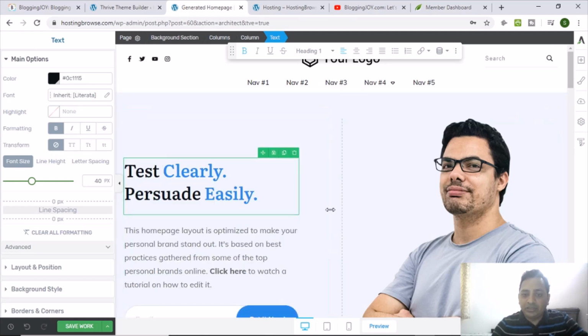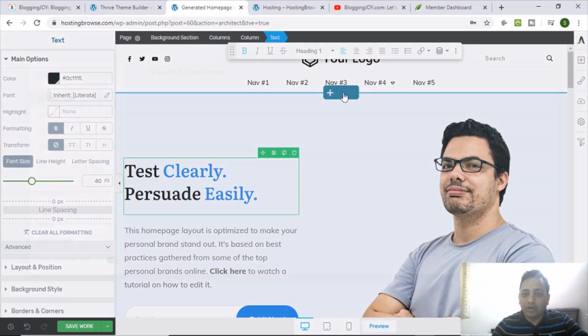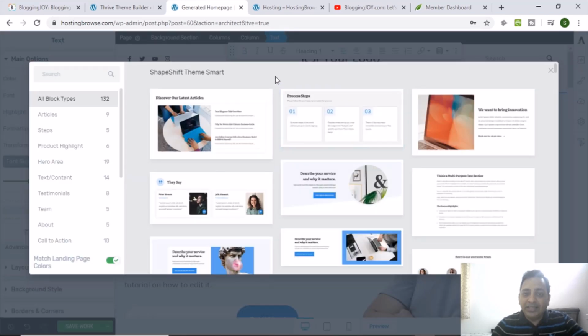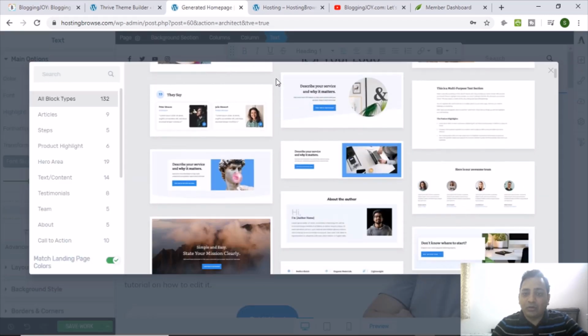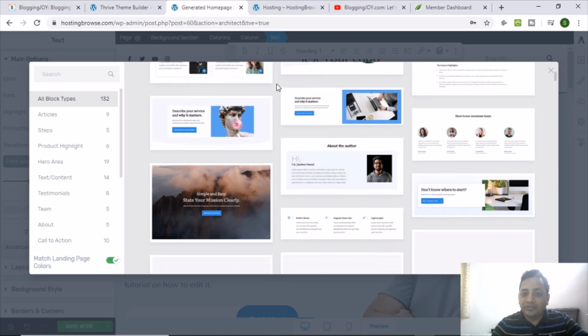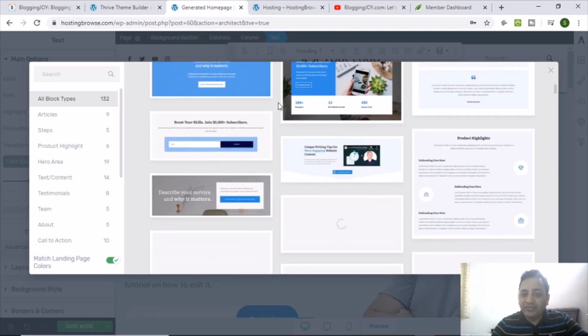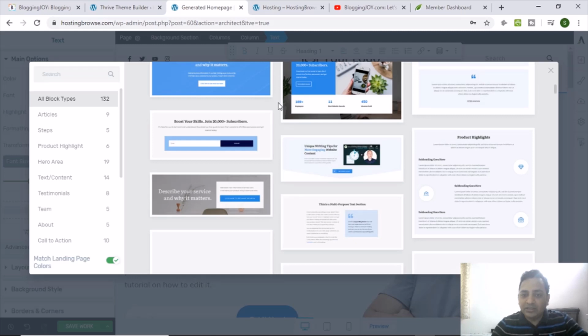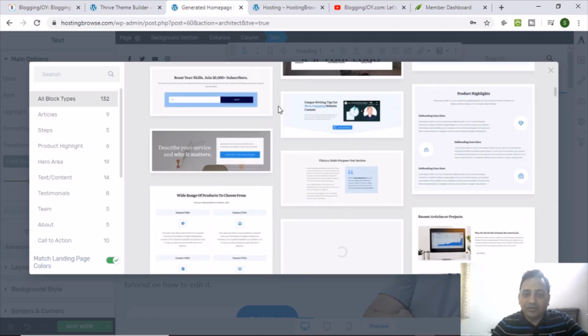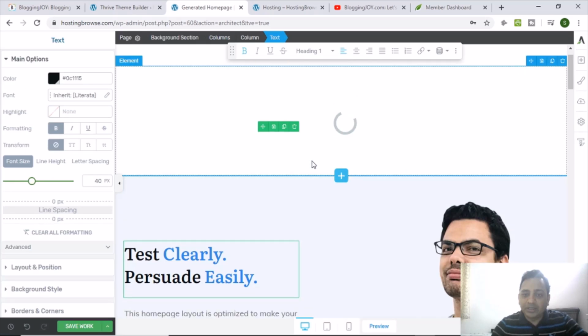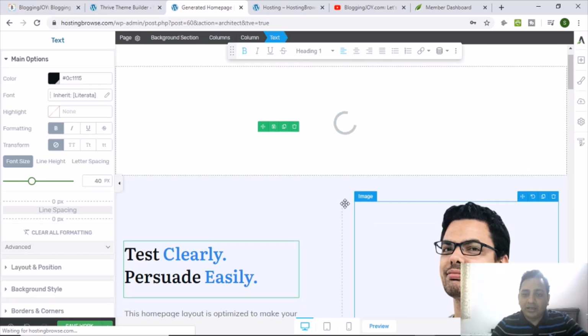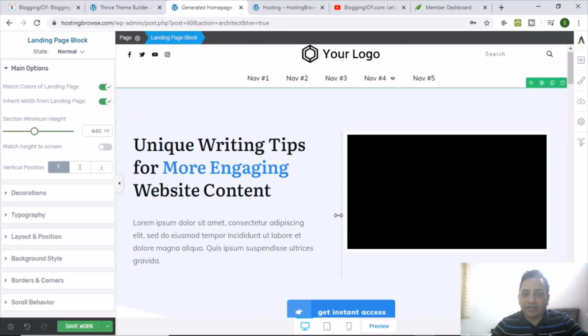If you think that this is not the one you are expecting and you want to put something else, just click on this one, page block. You will find there are many ready-to-use templates already available. This is very, very useful. You can simply create whatever kind of template you want. So let's say this is something I like, perfect.